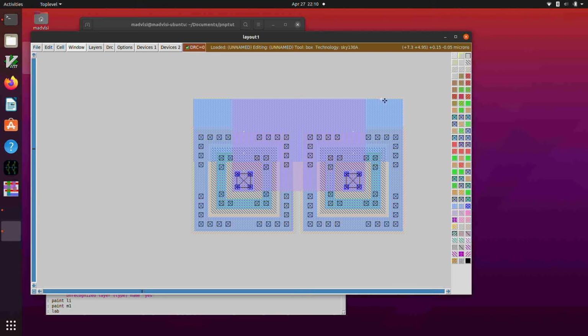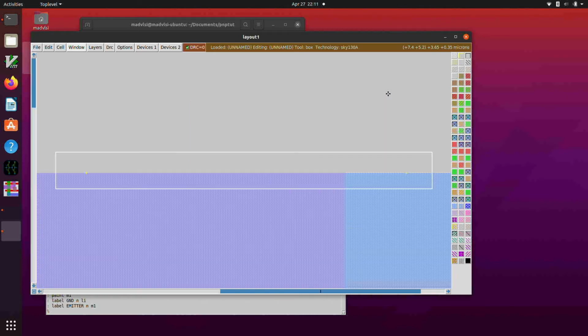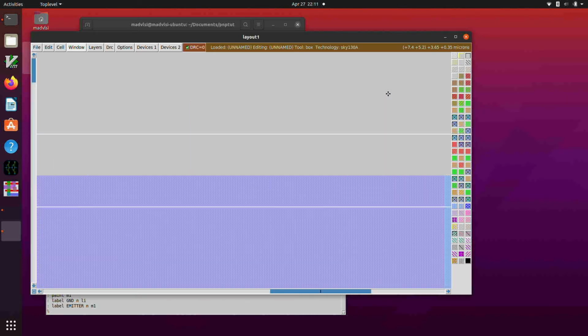So we can go label, and this will be the ground, north, and this is in local interconnect. And let's put a label here. This will be emitter in metal 1. Let's just zoom in to see that we actually have those labels. There's emitter, there's ground,